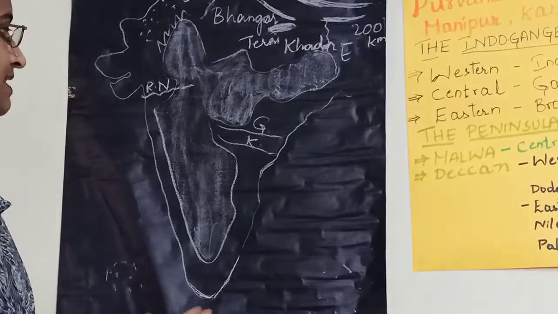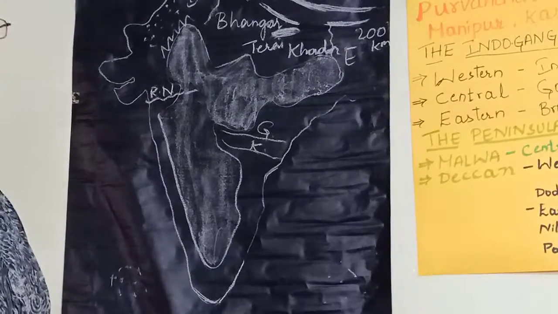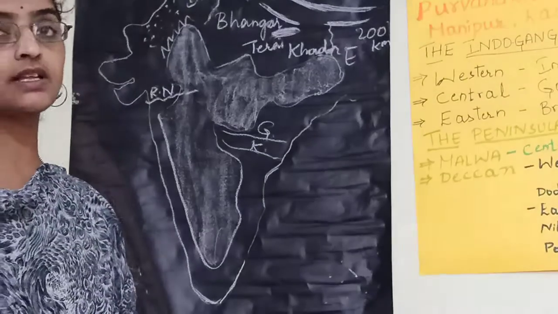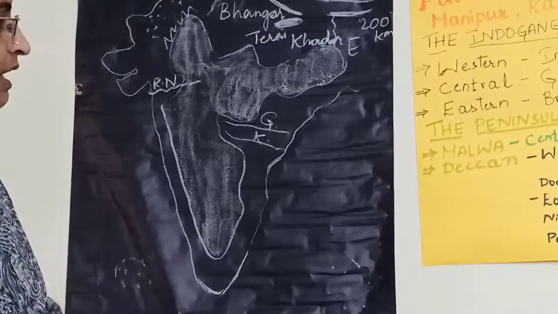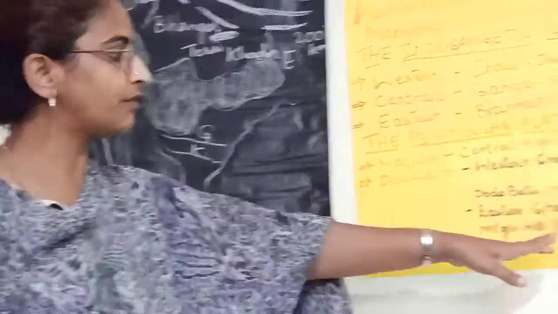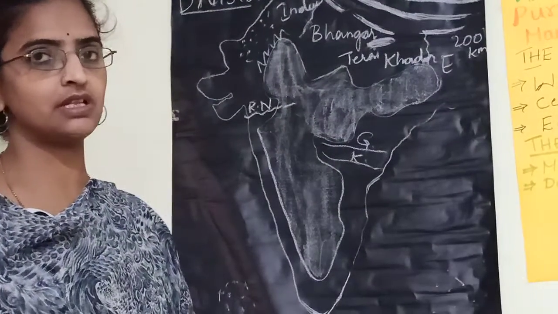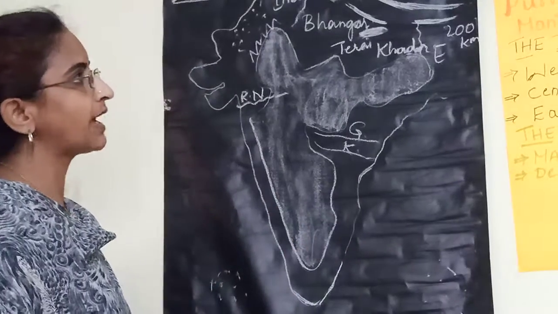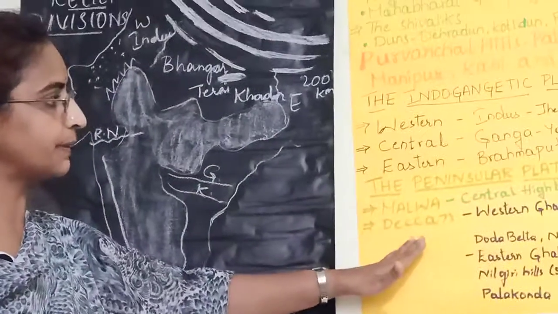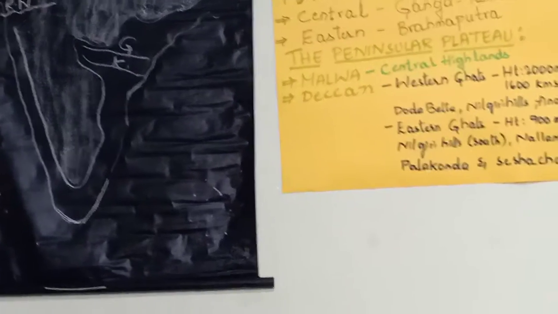Now let us see the Eastern Ghats. In the Eastern Ghats there are so many hill ranges. They are not very continuous, but they have their own importance, like the Nallamala Hills, which are found in the Telangana region. Nilgiri Hills are found in the south part of the Eastern Ghats, along with Vellikonda, Palakonda and Seshachalam hills. These are the important hills that are part of the Eastern Ghats. So by this we have completed the Himalayas, Indo-Gangetic Plain and Peninsular Plain. Now let us look into the Thar Desert.